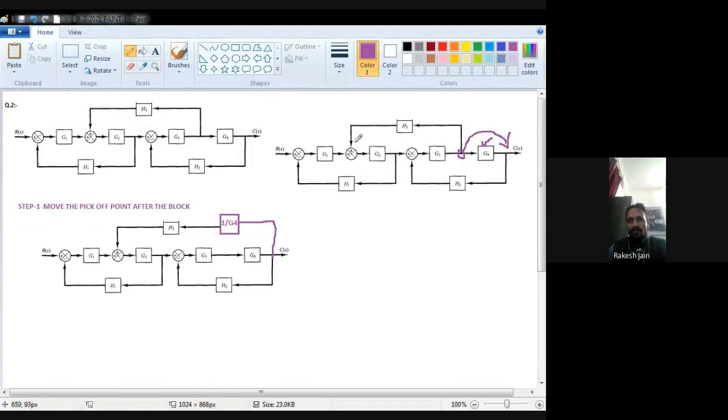Now kindly see once again on the question. Forget about the right hand side because we just moved it from the first step. Now see this one. If we move this summing junction, this is a summing junction, so we can move this summing junction before this block. We can move this summing